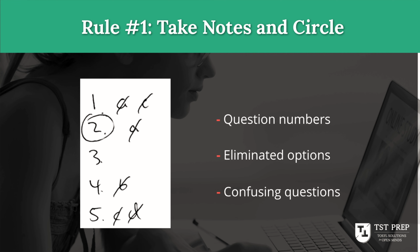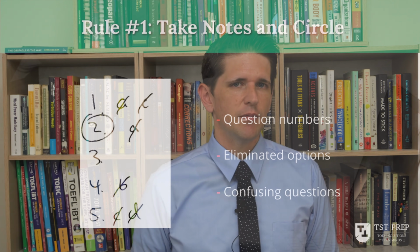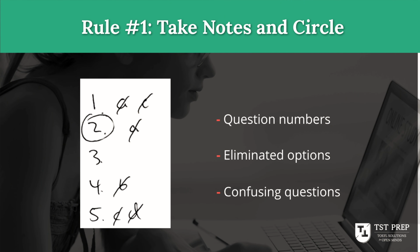I circled number 2 because I'm not sure if that's the correct answer or not. I'm going to circle it on my scrap paper, and when I go back at the end, I can go back to this question and know which question I'm not sure about. All right, I'm getting a little ahead of myself, so let me just stop there and say for now,